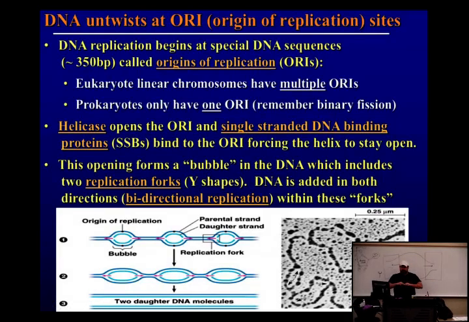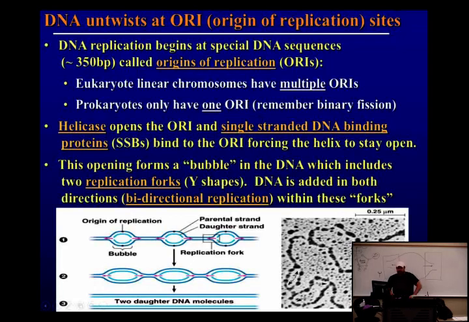So in prokaryotes, there's one origin of replication. And what's the shape of prokaryotic DNA? It's circular. Eukaryotic DNA, what's the shape of it? What do your chromosomes look like? They're straight lines, right? So eukaryotes are linear, prokaryotes are circular. And then this electron micrograph shows you the bubbles, which are shown here in gray. So any questions about that?